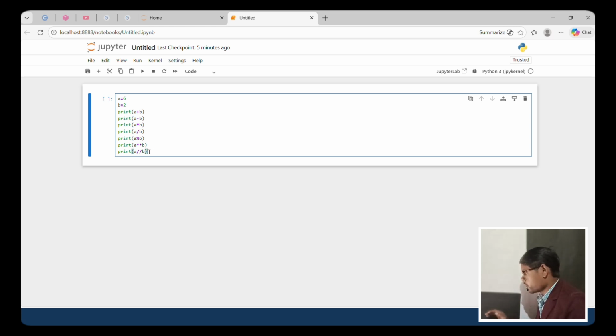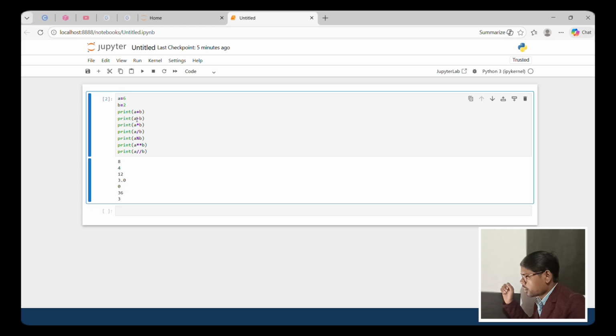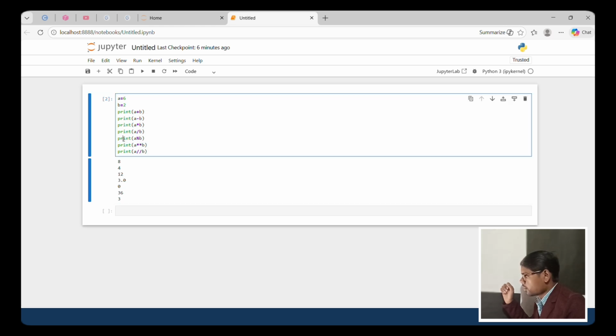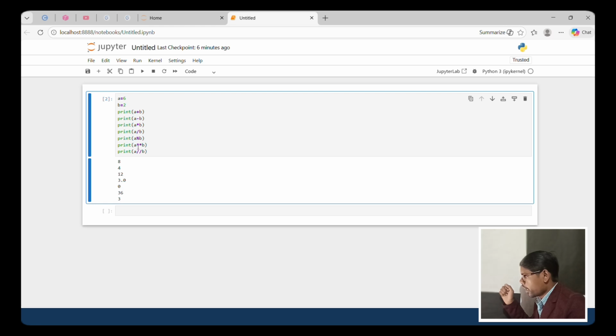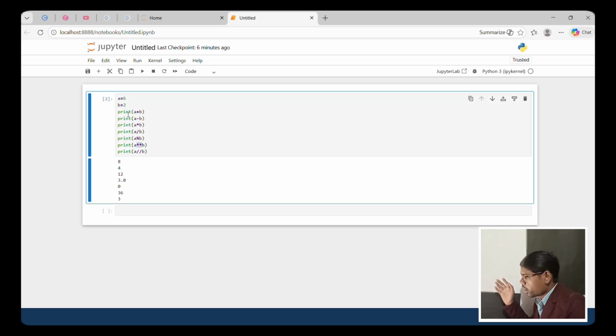Okay, yes, this is addition, 8, minus 4, multiplication 12, and division is 3, like this. And modulus. Okay, modulus is a remainder. So remainder is 0, and this is power, 6 power 2, that is 36. Okay.